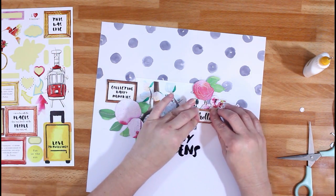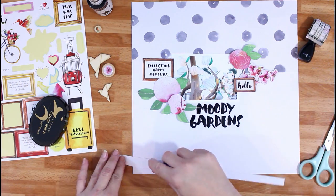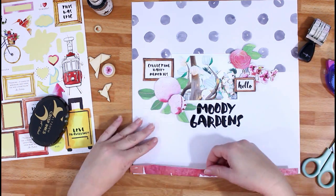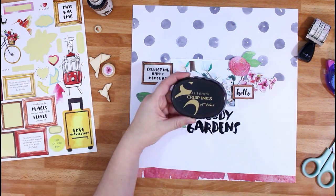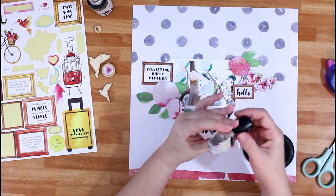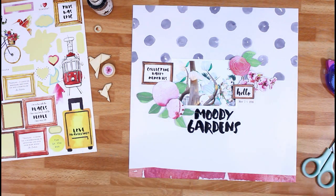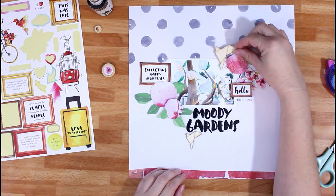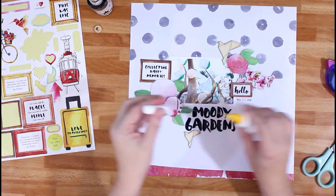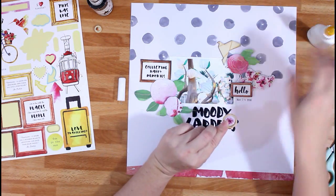I decided I wanted to move that flower up a little bit to work that chipboard piece in. So I cut a strip from one of the other pattern papers just to bring in some more color to the bottom of the layout. And I'm going to use that jet black ink pad from Altenew and the date stamp from the Reflection Collection to add my date. And then I had these little wood veneers. I want to add these, so I just put them where I wanted them on the layout. And then I'm also going to add 2 of the little wood buttons here